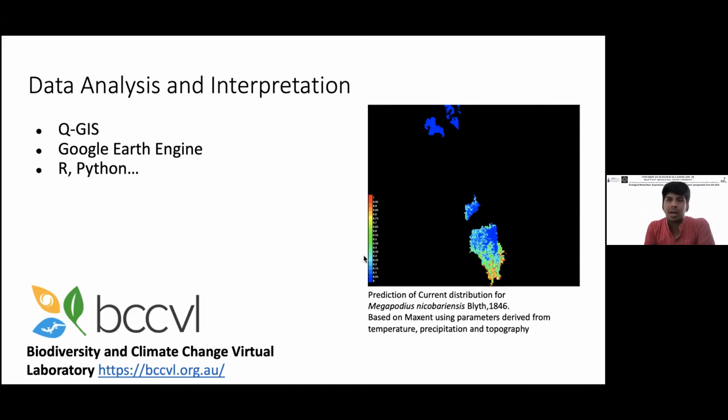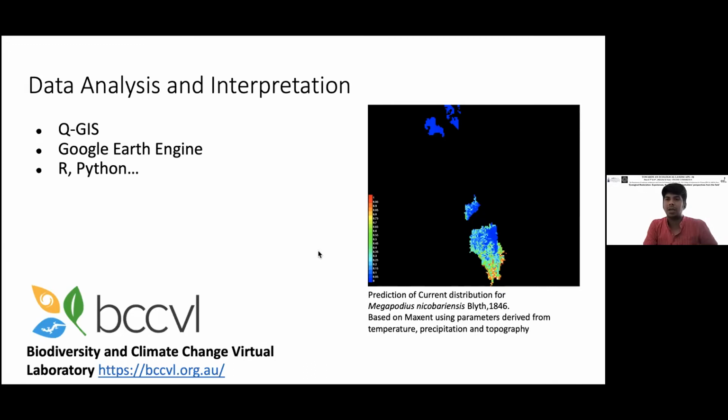I used data from the Global Biodiversity Information Facility, where they had uploaded the locations of occurrence of these species, and I used this online platform which allows you to upload this data, use different kinds of algorithms which are there, and make your own settings for the algorithms and generate outputs like these.